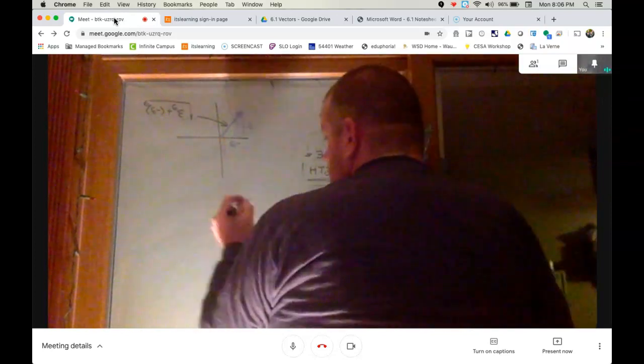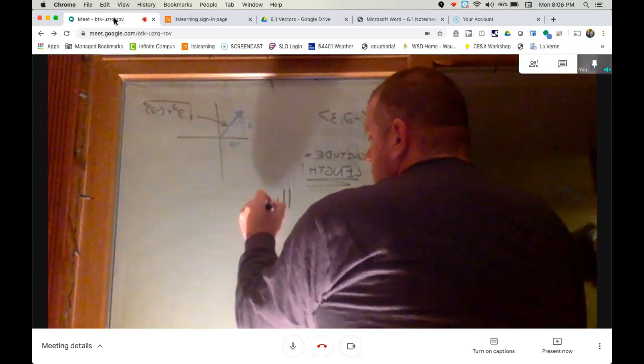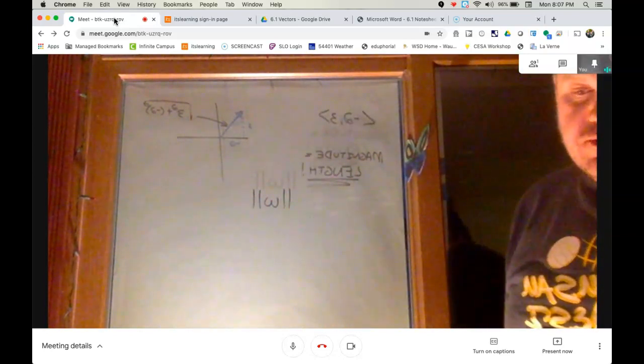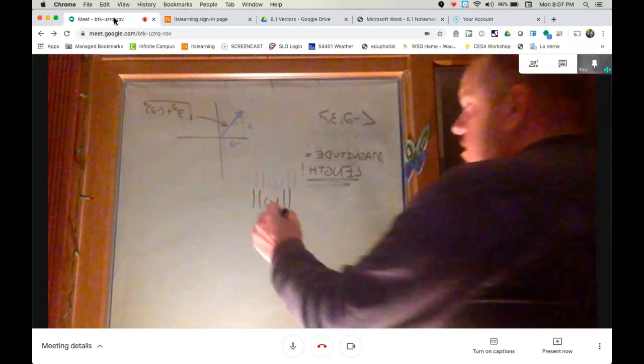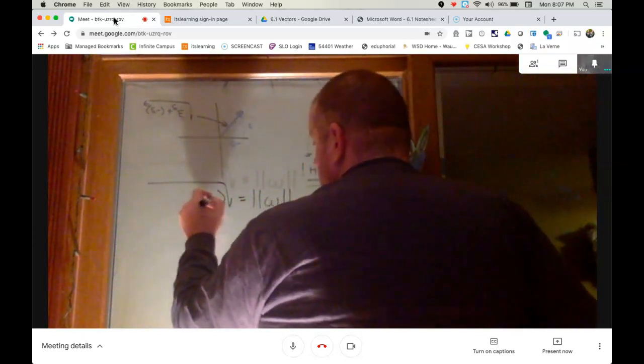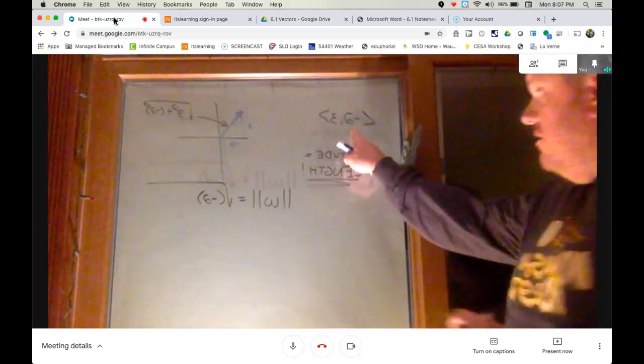So the magnitude of W, where the magnitude symbol is a double absolute value symbol, is going to be equal to the square root of, in terms of the actual vector given,